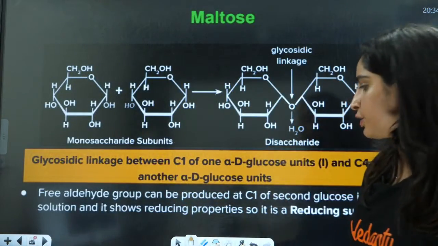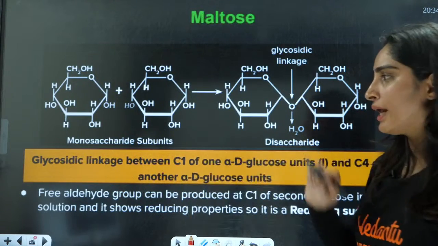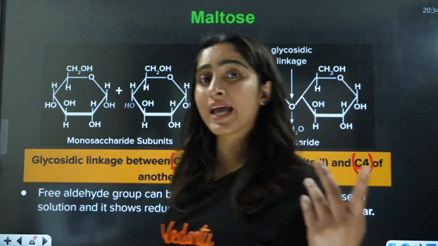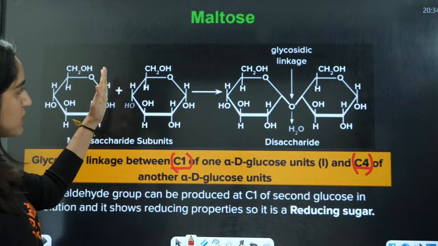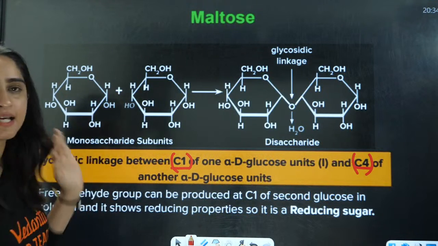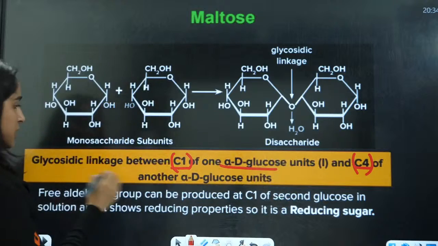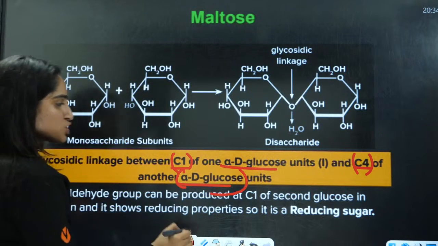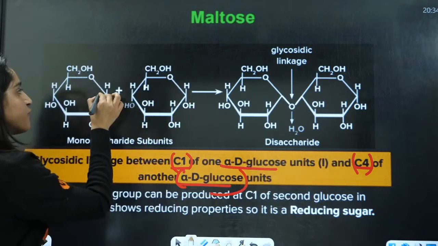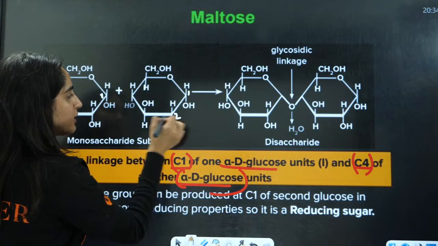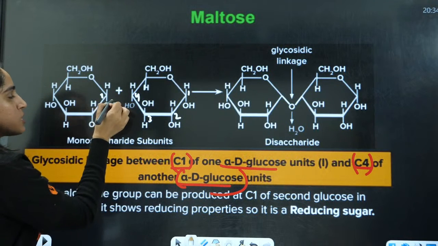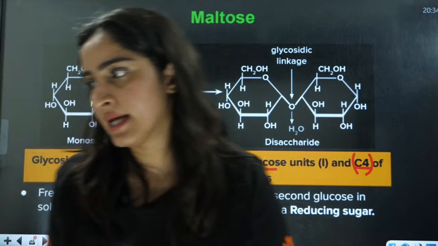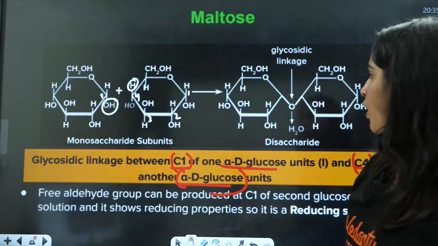Now, next we have maltose. In maltose, you have two linkages, that is from C1 and this is from C4. Now, if you have linkage of C1 of one and C4 of this one, then again it is easier for you. You have C1 of alpha D glucose and C4 of another alpha D glucose here, right? Now this is the first position, this is the first, and this is the first, second, third and fourth position. Just eliminate water from this side and draw the structure accordingly.